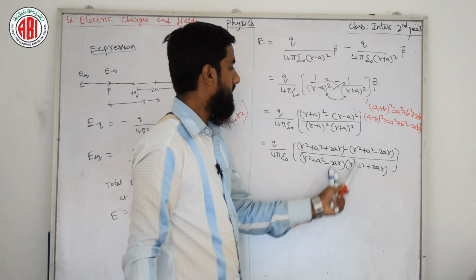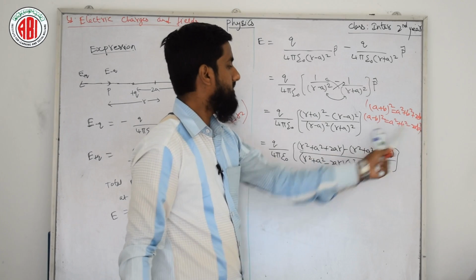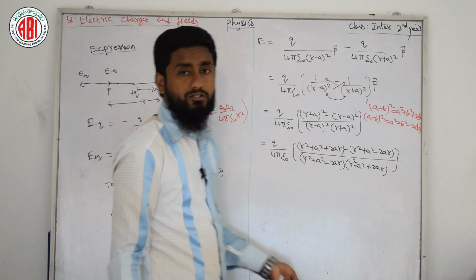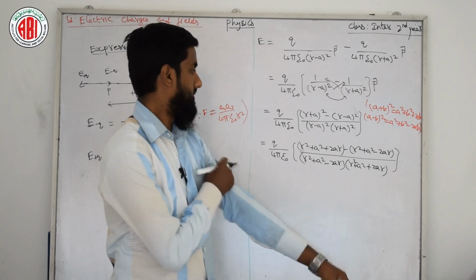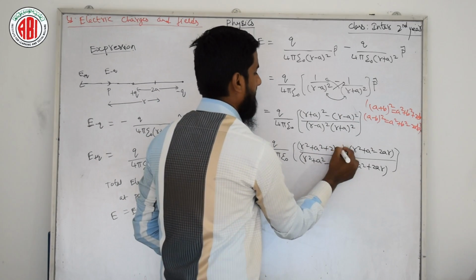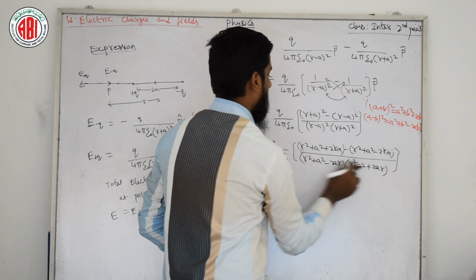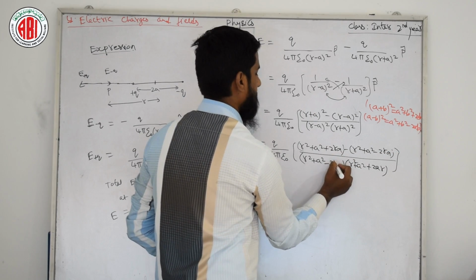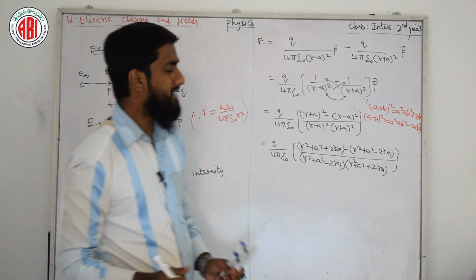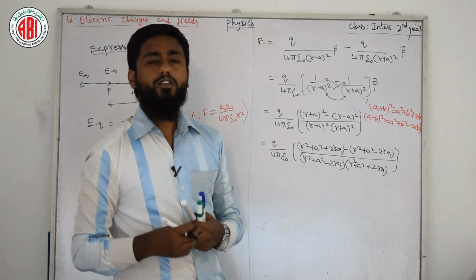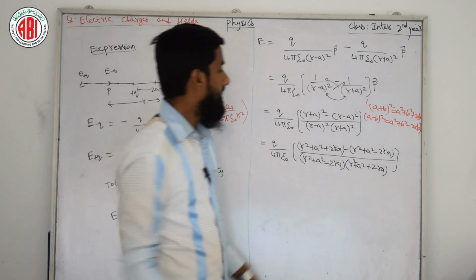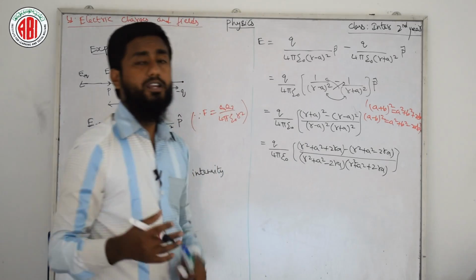Here 2 is 2 itself. In place of A we can write AR or RA, it's your wish. If we want it in sequence, we need to write RA itself, so I am changing this AR into RA. It will be 2RA. So here you can see a difference between numerator and denominator. In the numerator we can just open the bracket with the help of the minus sign, but in the denominator we need to multiply each and every term and we will get a big step.